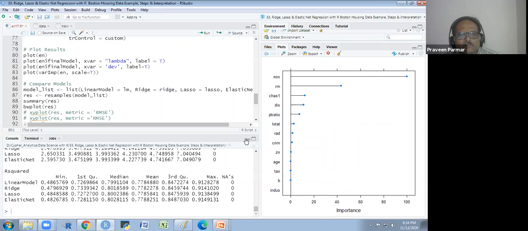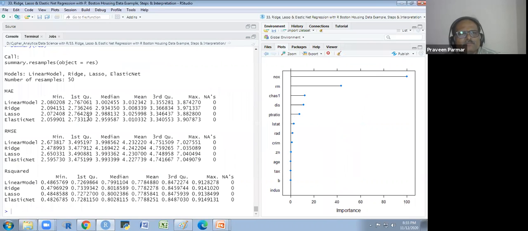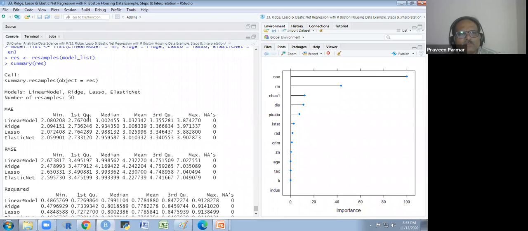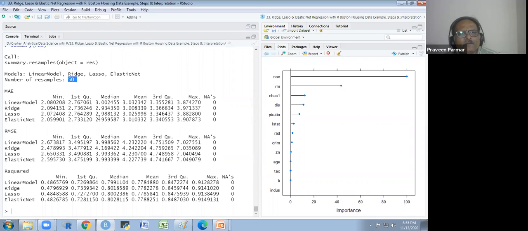You will see here the number of resamples is 50. There is no NA. This is the minimum value, first quartile, median, mean, third quartile, and the maximum value of the linear model output, ridge, lasso, and elastic net.